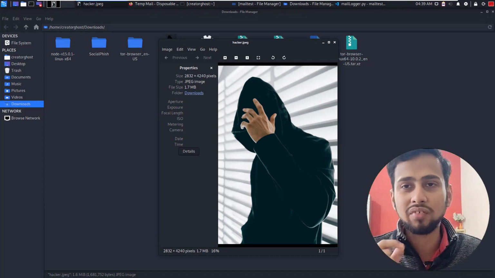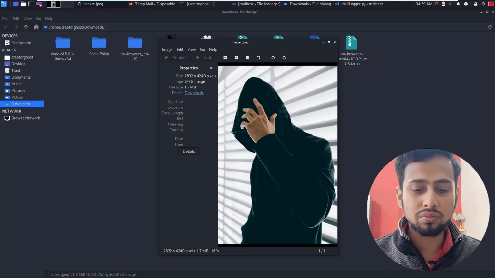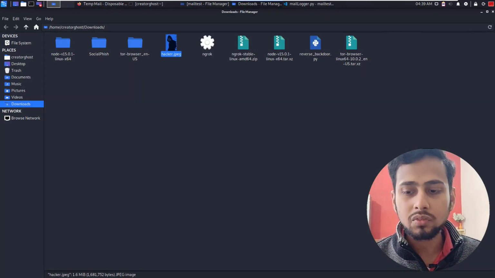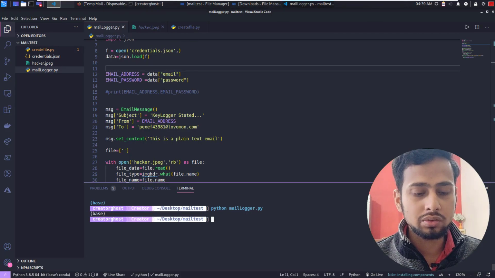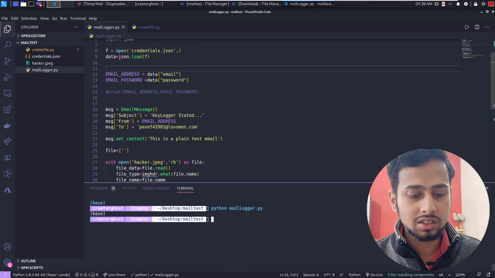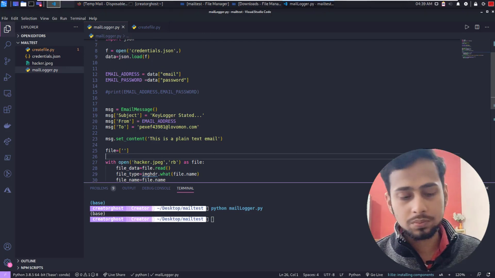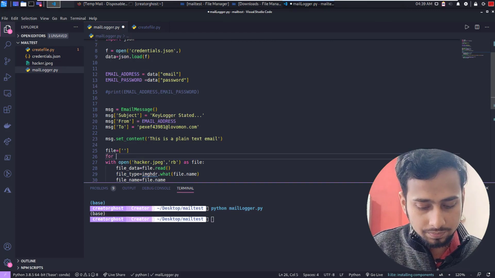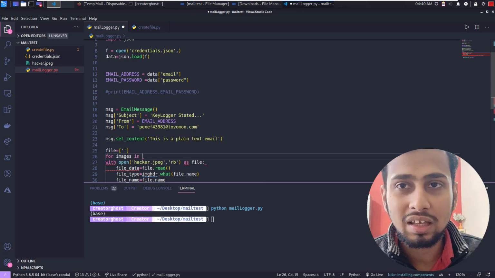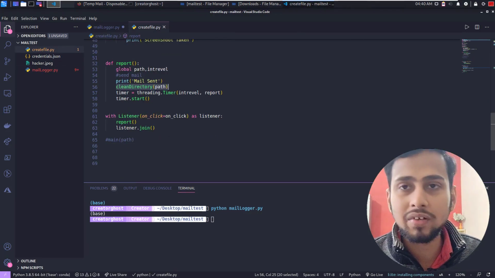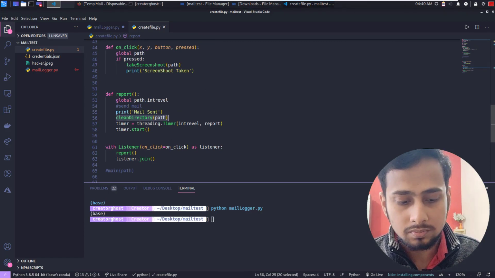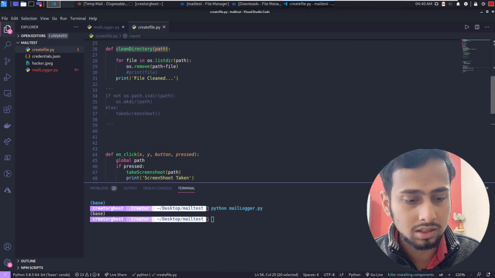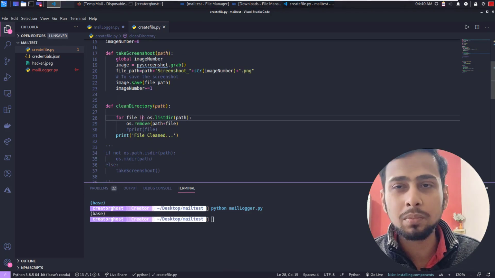We need to send files in multiple batches. For that, it is pretty simple, more simple than you can imagine. If we need to send multiple images, we just have to use a for loop. So let's say for images in what? If you remember, inside creating files, we were deleting files after going to a certain directory. In the same way, we can just move to our clean directory. So this is the same loop that we are going to use.